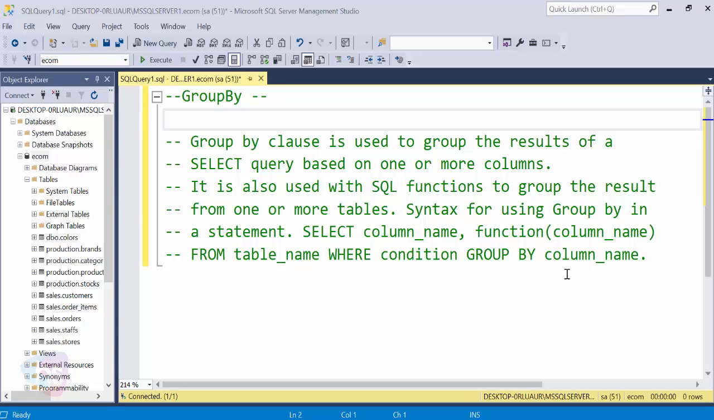You can observe the syntax for using GROUP BY in a statement here. SELECT column name, function, column name. This is the column name we are going to impact, and this is the function. It may be an aggregate function, like a SUM function, where we accumulate the records of the data rows. For example, if we want the total order or the product's price total in a single statement as a total price,